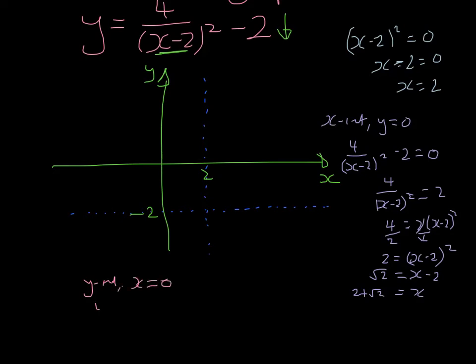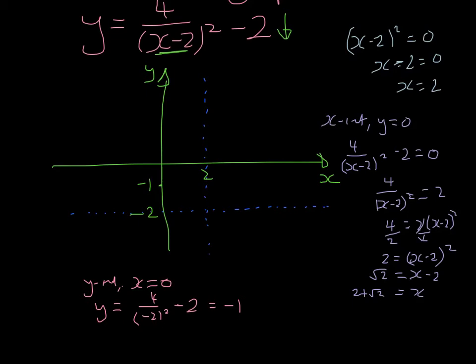So for our function, y will equal 4 over 0 minus 2, which is negative 2 squared, take away 2. Negative 2 squared is 4, so 4 divided by 4 is 1. 1 take away 2 is negative 1. So that tells us that we'll have a y-intercept at negative 1,